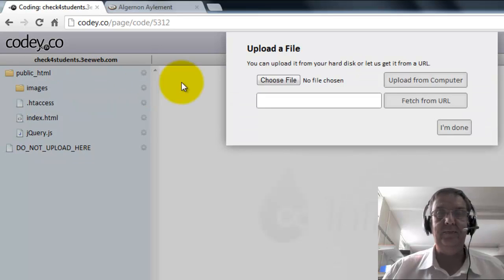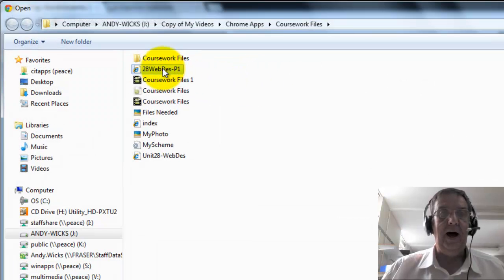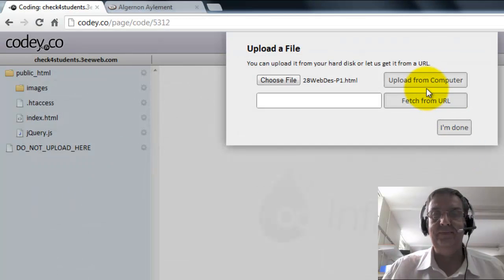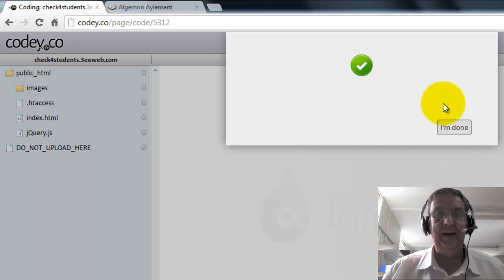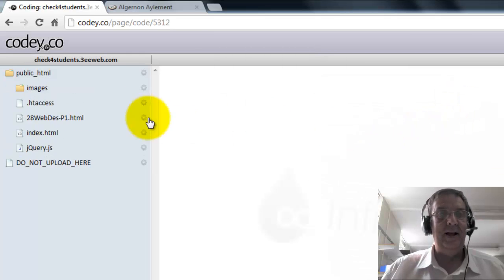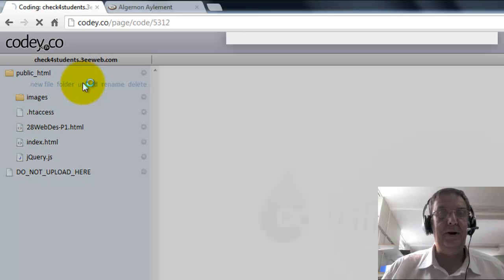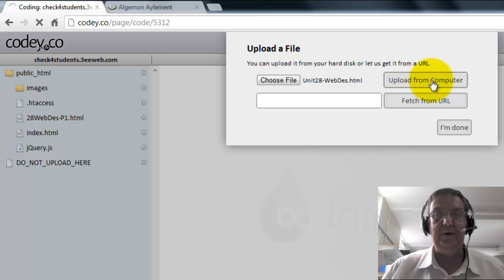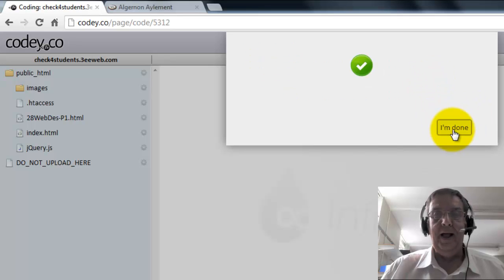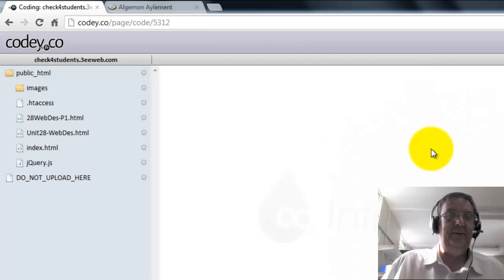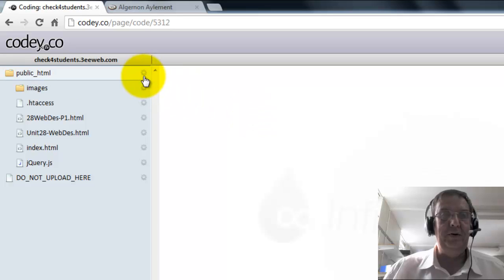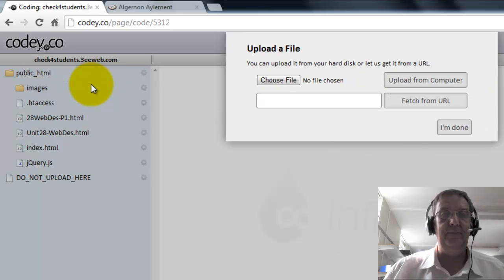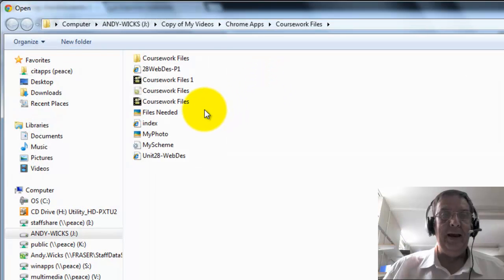So upload, choose file. I want webdes21. Upload from computer, done. And now the next one, upload, choose file, unit 28 webdes, upload from computer. Those are the HTML files. We needed those. We also need the CSS file, so we're going to upload that, choose. Now the CSS file,